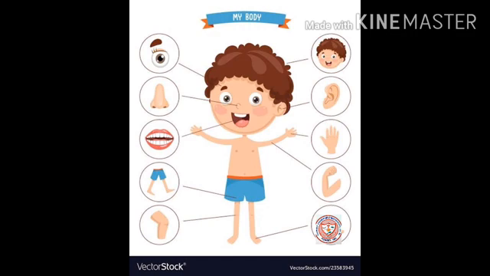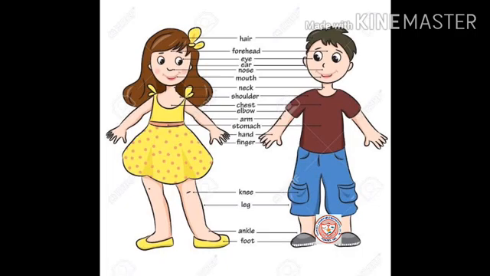Now in this picture we can see toes, thighs, then teeth, nose, eye. We have many parts. Even we have forehead. In this picture where a boy and girl are standing, see there is an arrow to the forehead. Then stomach, we all know. After eating, the food goes over there. Then we have ankle. This is something new, right? Then shoulder, neck. Now let's see in detail.